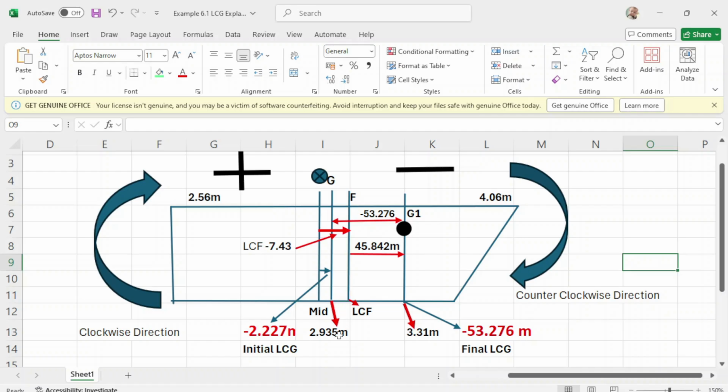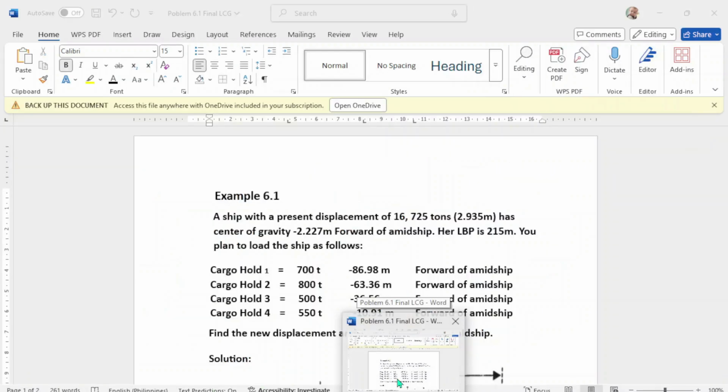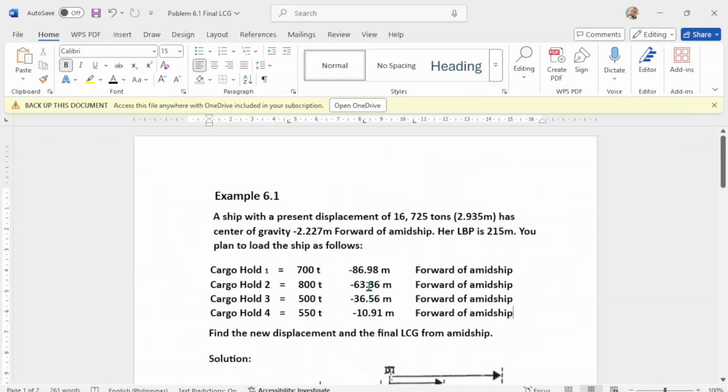Now, if you notice, guys, all these weights are on the forward part of the vessel. It is loaded in the forward part of the vessel. When it's negative, it means the forward part.